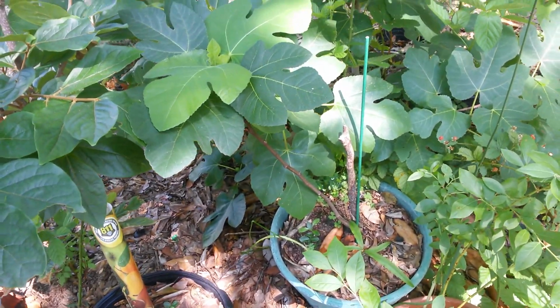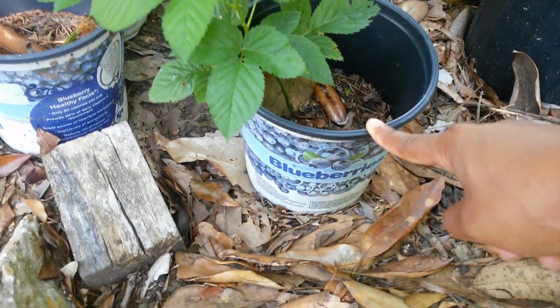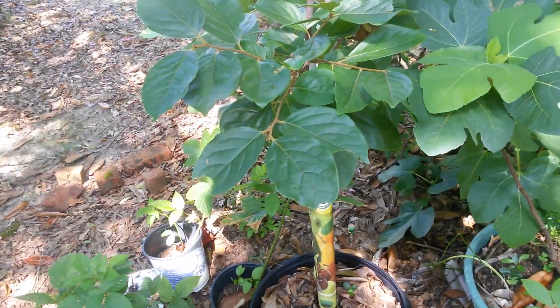Now, I will say this. If you get the figs that are in the little pots this size, which I think is like a 1 gallon, yeah, you might want to up-pot that because it's probably root bound. But that's what I'm getting to, y'all. When you get that tree,